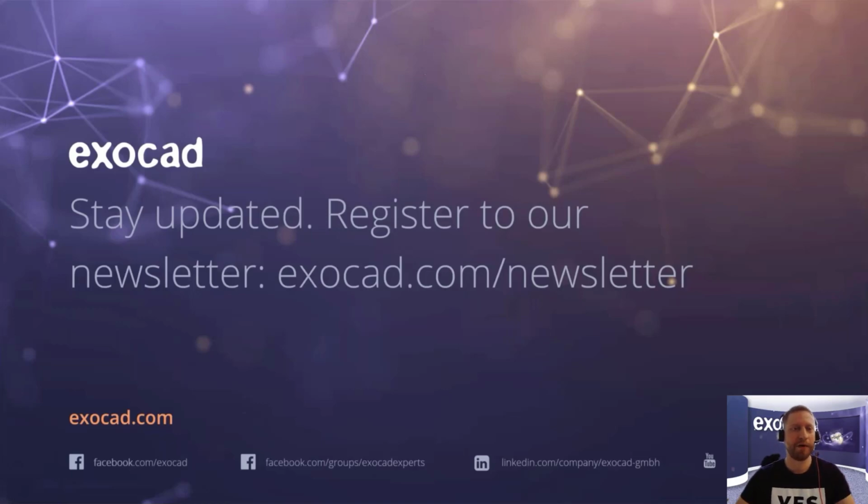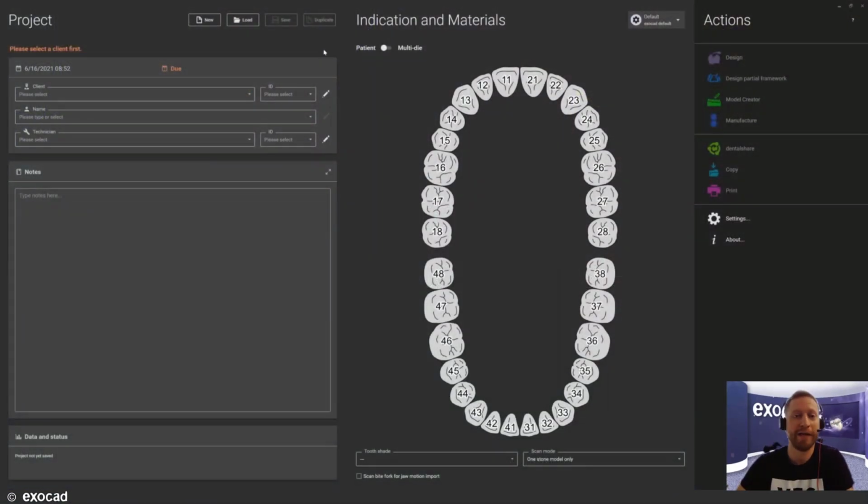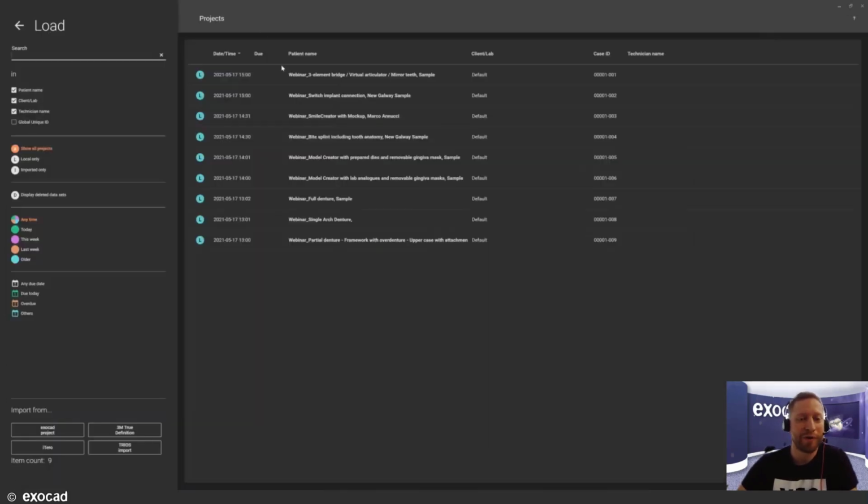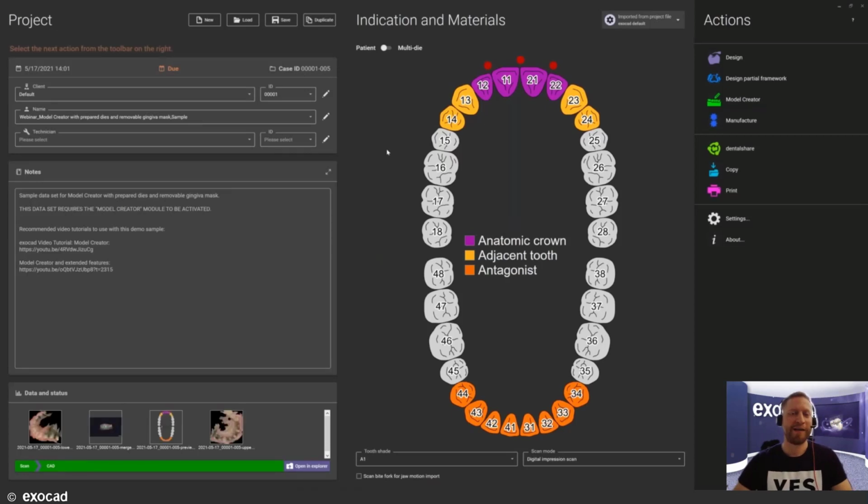Perfect. Then here we go, and I'm right in the DB that you all know already. I'm just going to load the first case, a Model Creator case with prepared dies. Please keep in mind, you can always design the workflow as much as you want.